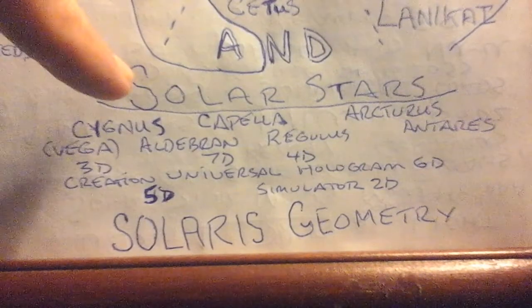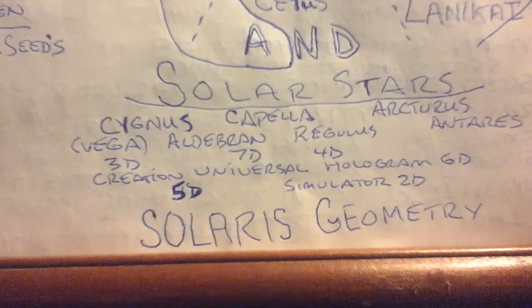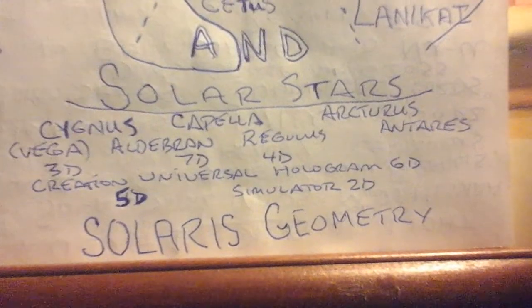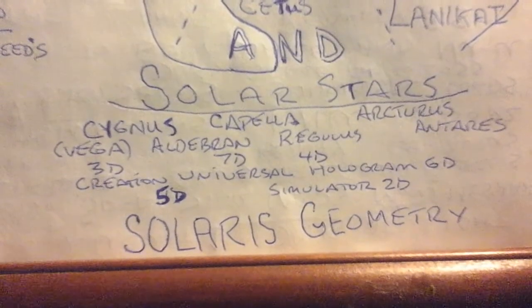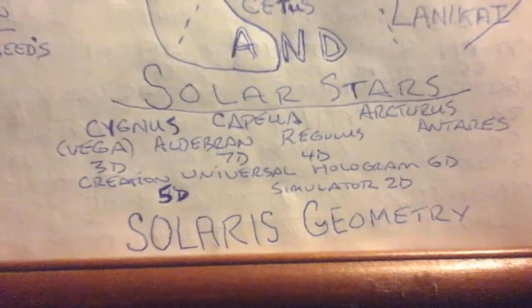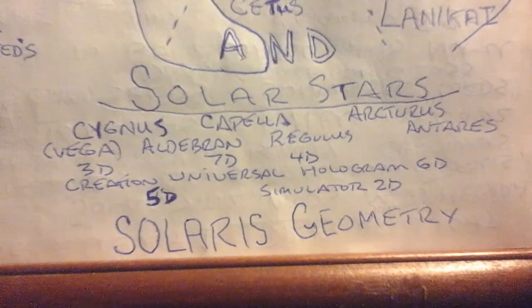The solar stars, 7 going across from Cygnus to Capella to Arcturus, and also Vega, Aldebaran, Regulus, Antares, and I didn't write it here, I'm going to include Deneb as the brightest stars, or stars of power, if I have to use those words, positions that are related to our Earth and our continents and our dimensions,